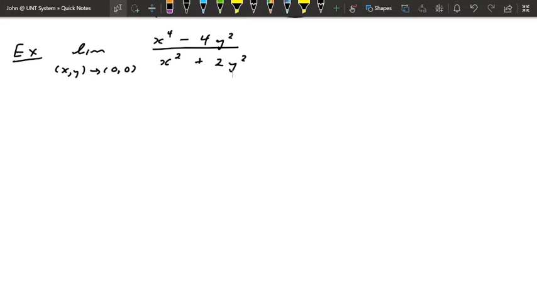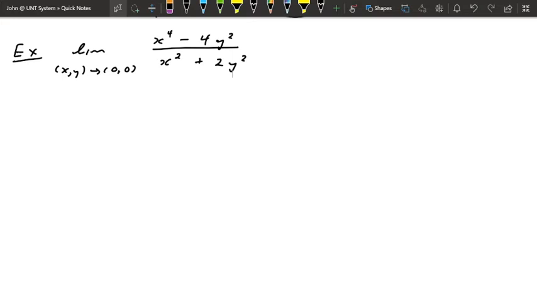Now, if you check so many different pairs and you're always getting the same limit, that would suggest that maybe the limit does exist. But you can never verify that by just checking a couple of paths to your point. You would have to give a more algebraic argument. So the examples we did in lecture,